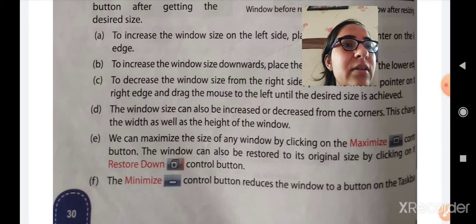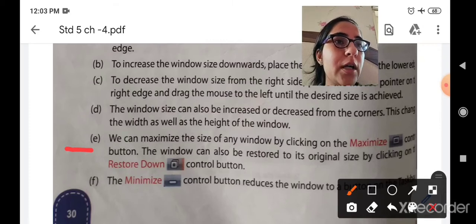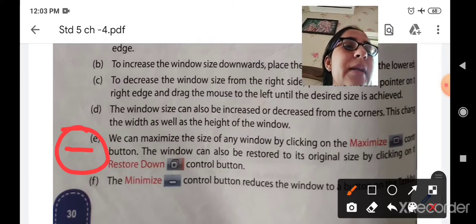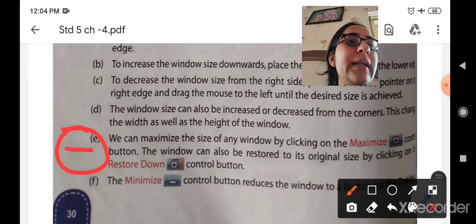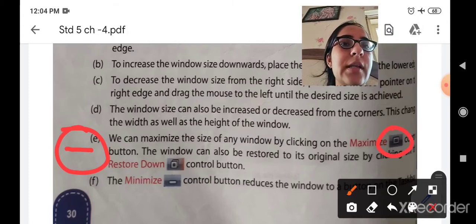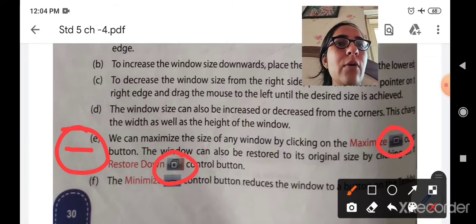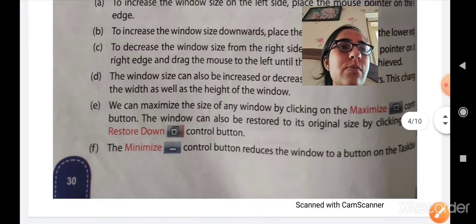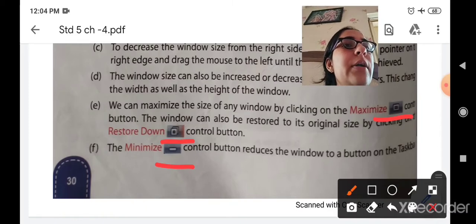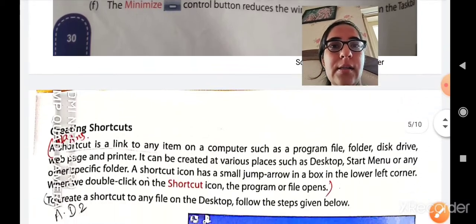Okay, so you will see three buttons available. First is the minimize button. If you are working on MS Word and you want to minimize it, then by clicking on this minimize button, your window will be minimized to the taskbar. Again, if you want to enlarge it, then this is the maximize button. When you click on it, your window will appear full screen. For restoring, it means for the medium size, you have to click on this restore down button. So these are called the control buttons.